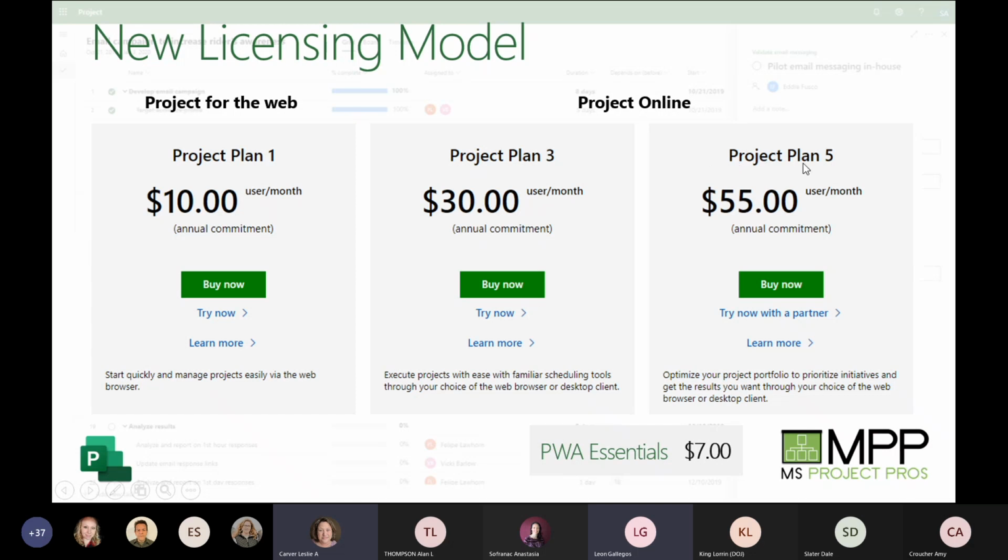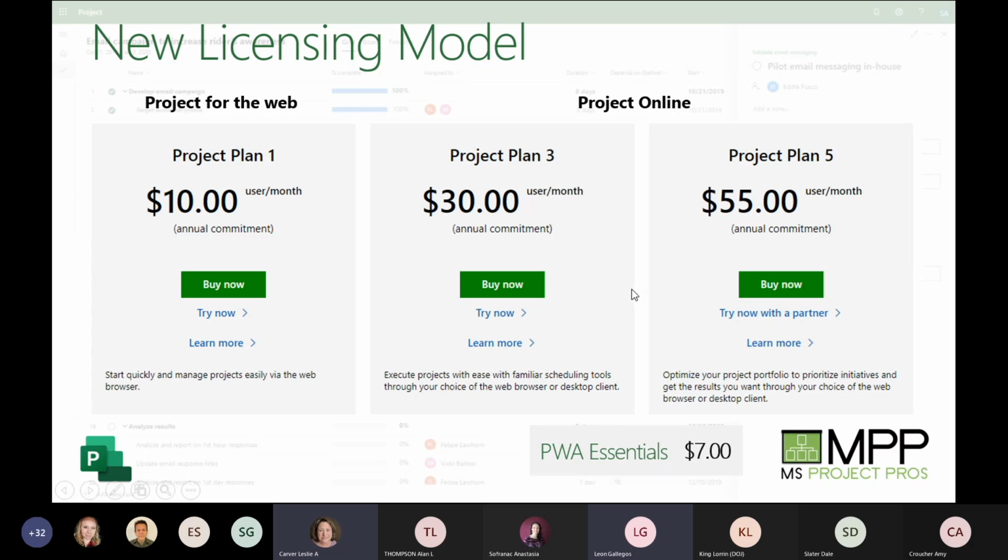One of the big mistakes is that we have a lot of customers saying, well, I got P5 because that is Project Online. And actually, that's what I thought when they first started rolling these out. That's what I thought the plan was, until learning that this is designed to be more of an advanced plan. But under further scrutiny, we realize there's not a lot you're getting for that extra $20+. Okay, is that helpful?